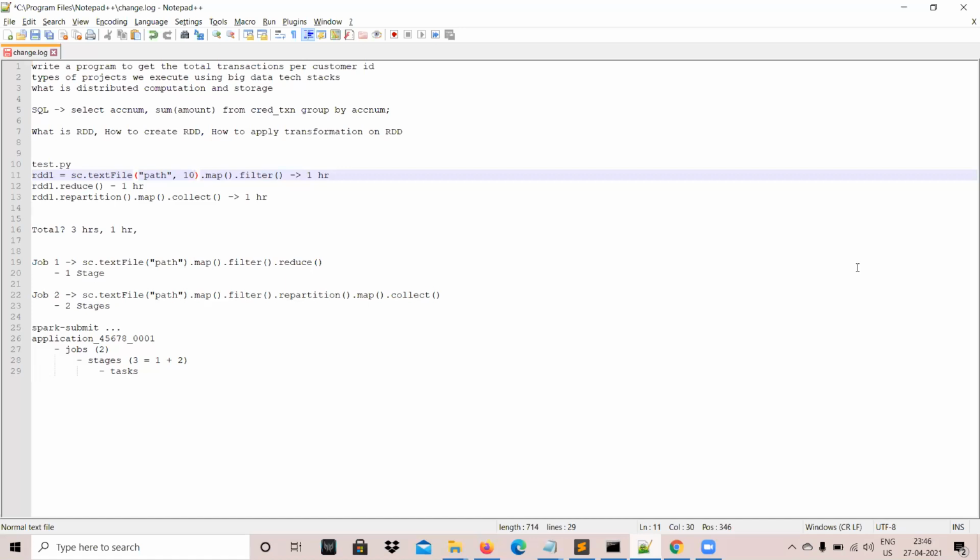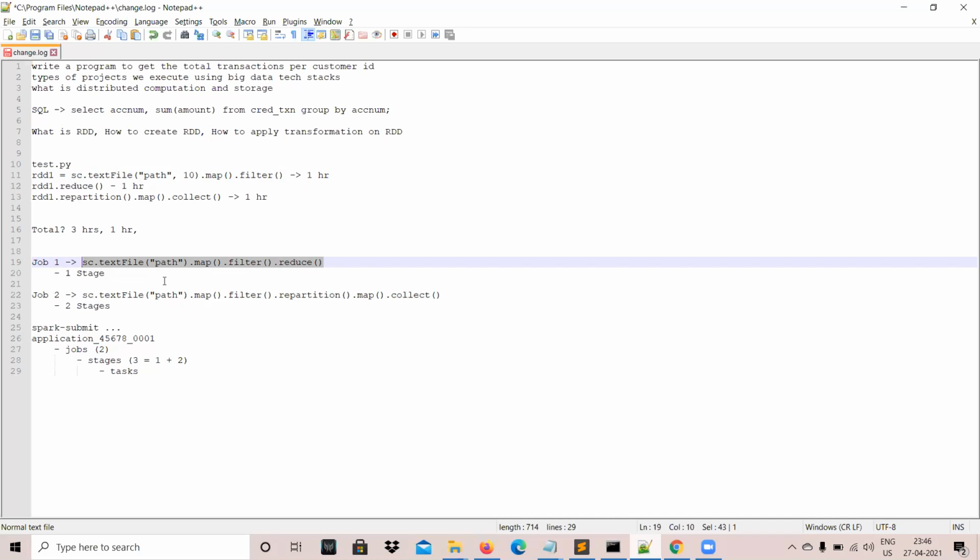Now, a job, as you saw, is a whole bunch of transformations followed by an action call. Just like you saw at line number 19, the reduce function is an action and the collect function is also an action. So these are creating different jobs. A job is nothing but a chain of transformations that ends with an action. This chain can have narrow transformations as well as wider transformations. Based on the number of wider transformations, the number of stages gets decided. That's how Spark achieves fault tolerance and parallel execution.